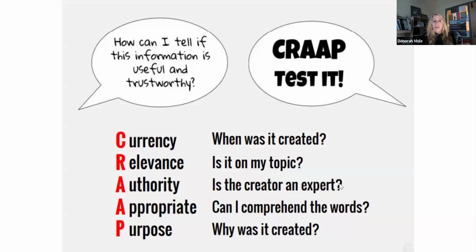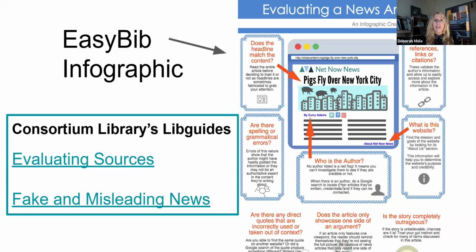So that CRAP test image seemed to be quite busy and had a lot of words to it. So there are some other options that might be more straightforward and quick, so that you can more easily use the criteria to assess. And this is one example of that. Another example is an infographic like this, where they have a visual that actually points to different parts of the page that can help you ask the appropriate questions to assess whether it's a credible source or not.